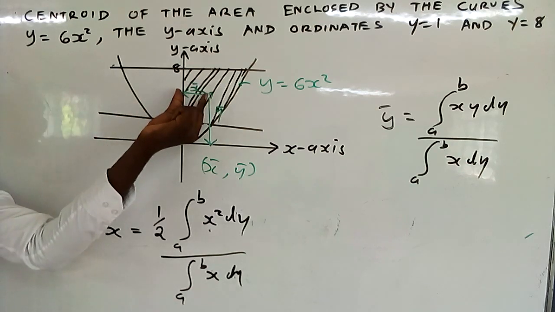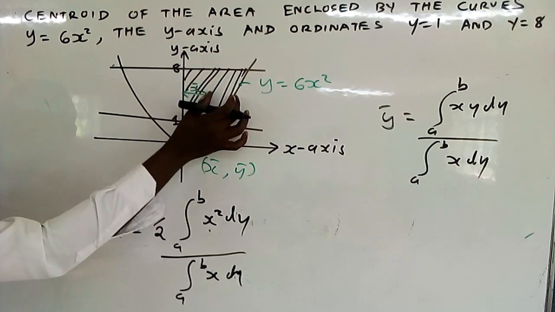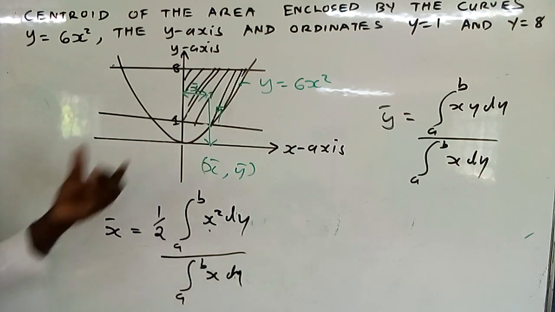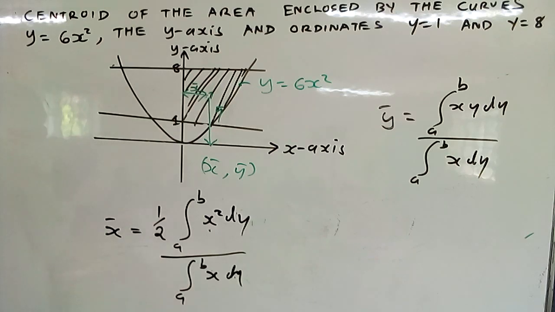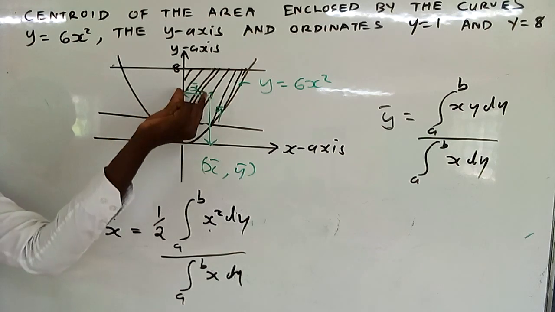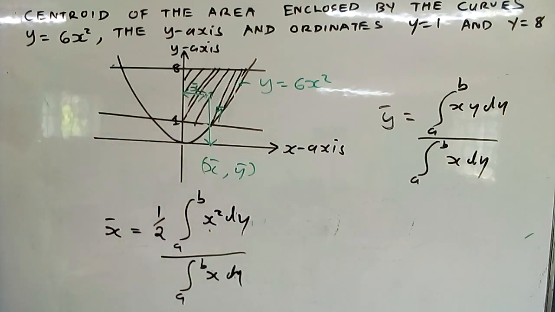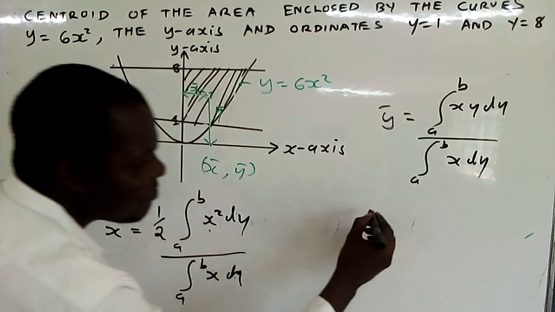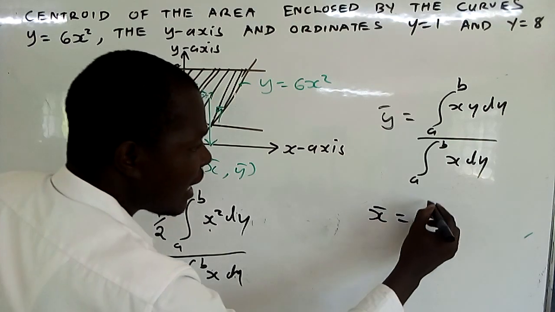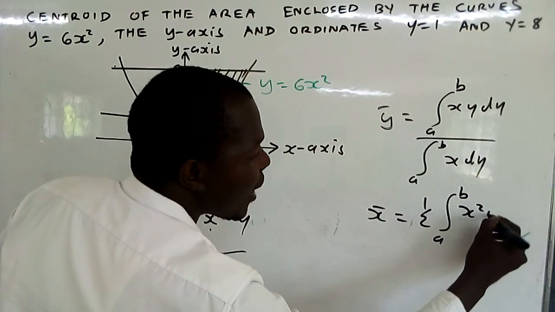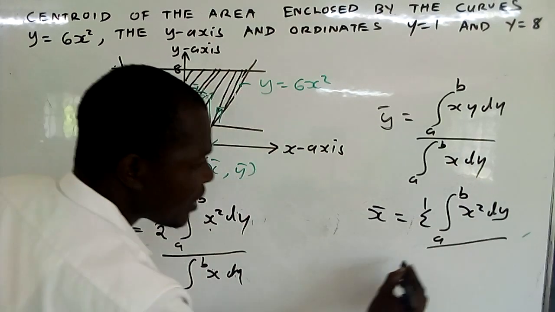Are you seeing the x bar? See, x bar is just a half is left. X bar is just a half of the whole of this. Are you seeing? Yes. That's the reason why I was coming with this case, so that you are able to see when I will be transforming them, isn't it? You can see x bar is just a half, but it's supposed to be the whole of it, so it is just a half. See there? Good. So we have x bar is a half from a to b of x squared dy